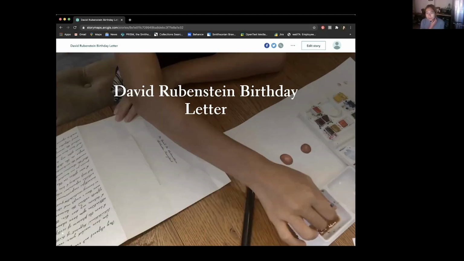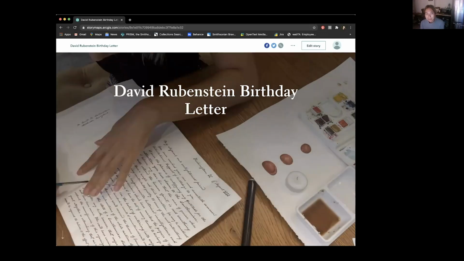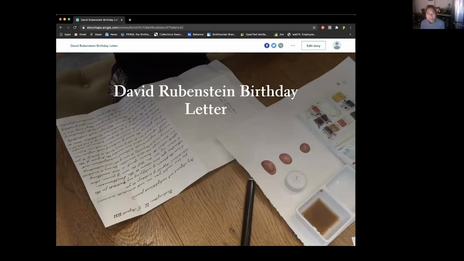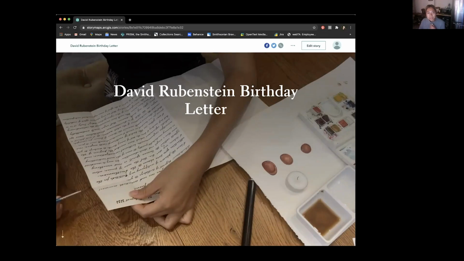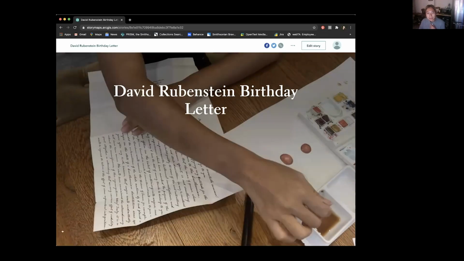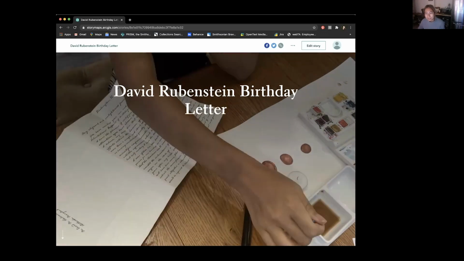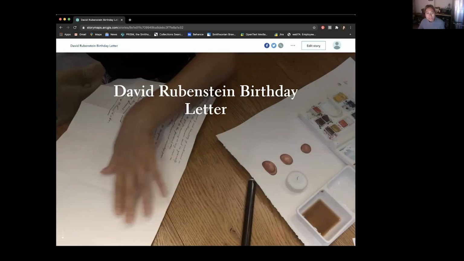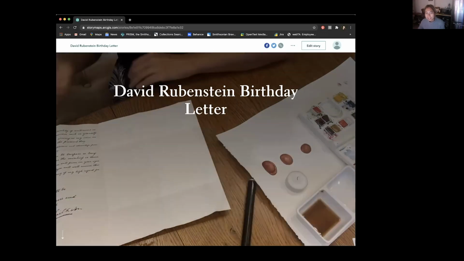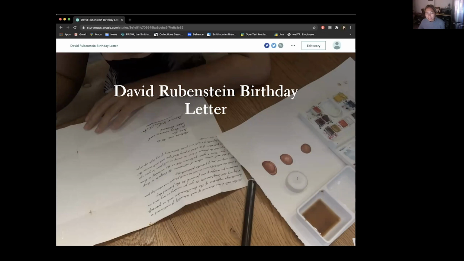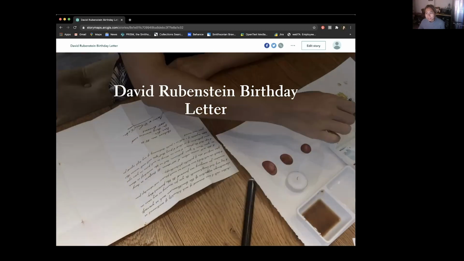So this is one of my favorite story maps that I created that I think utilizes some of the features that we've seen in the best way. For this project, our team was tasked to create a birthday present for one of Smithsonian's important patrons, David Rubenstein. Because he's a big history buff, we wanted to write in the voice of James Smithson, the founder